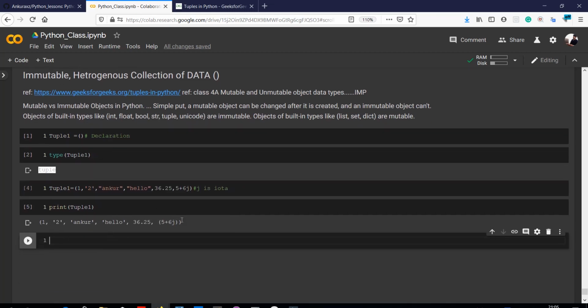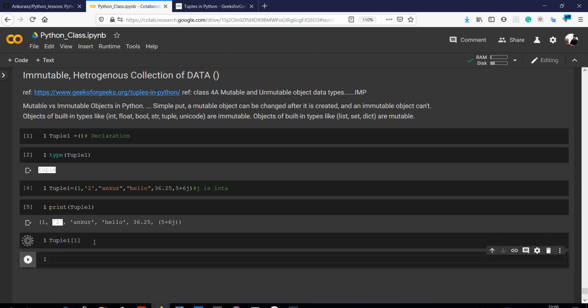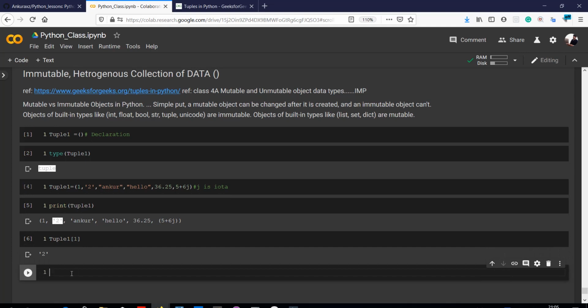Now the issue is that I have created this tuple. I can append to this tuple, that is, I can add more data, but I cannot mutate it, which means that I cannot change a value. For example, if I need to replace this character 2 by some other character, say 3, let's try to do that. If I write tuple1[1], its value is 2. But if I try to change this tuple1,